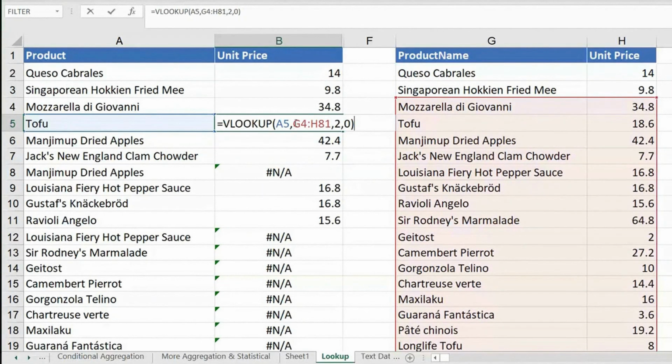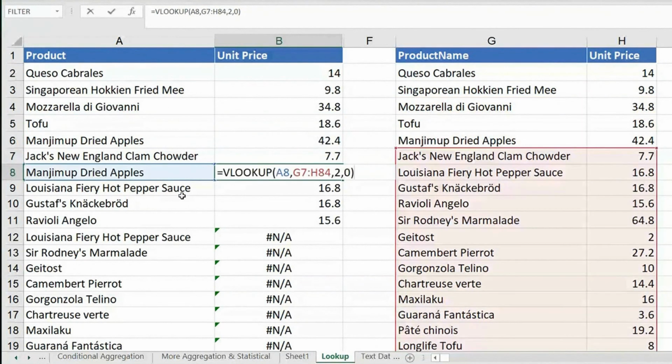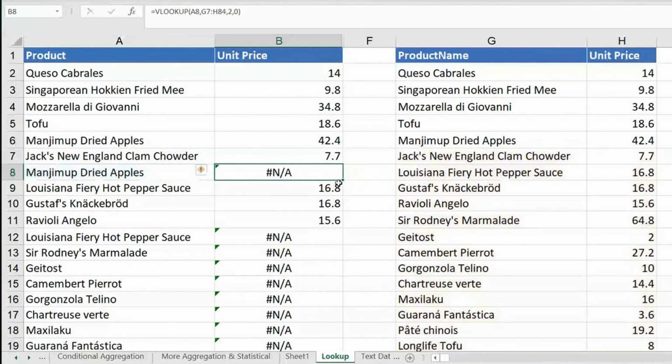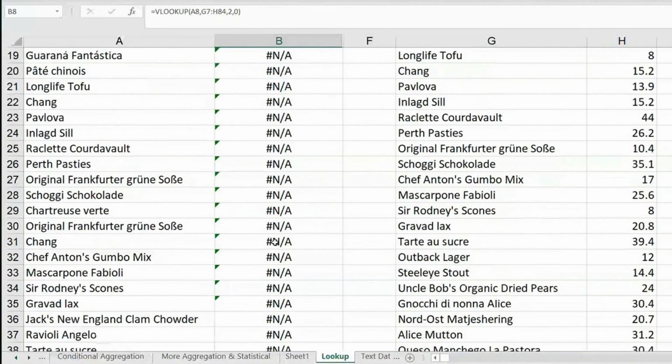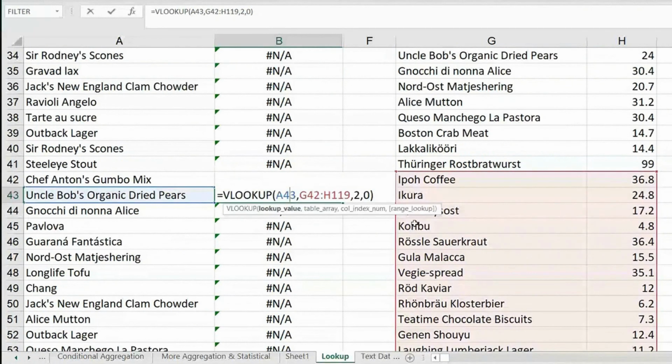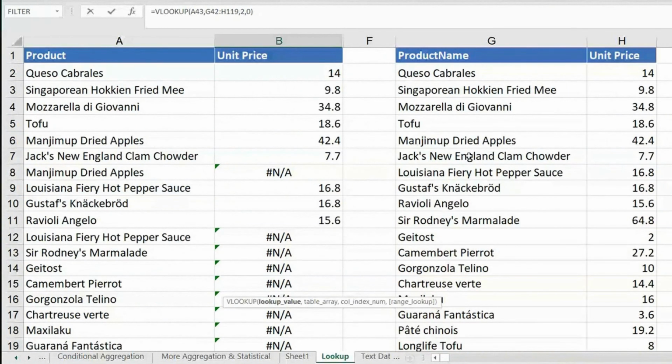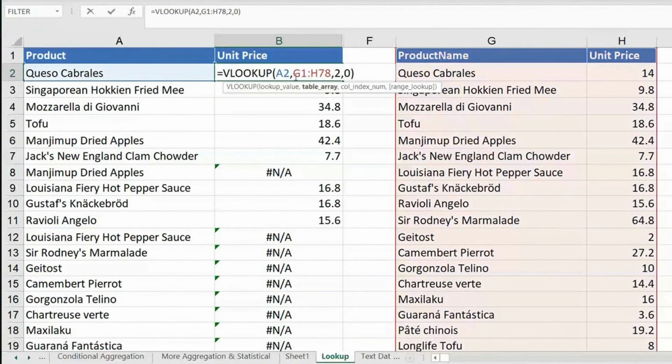That is a property of something called relative range. When we get into the basics of Excel, we also discuss this. Here I'm helpless, but I'm trying to teach you in a simple way. So when I come here, this is dried apples. This product is being searched from here. But you could see the dried apples is above my table, so it is not able to get it. So it says NA. After a few rows, maybe we are looking somewhere completely down. You are missing all these products here.